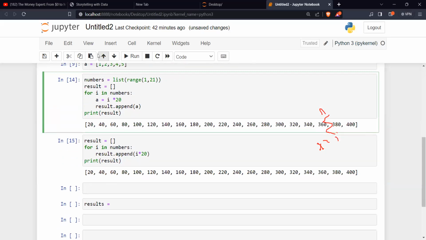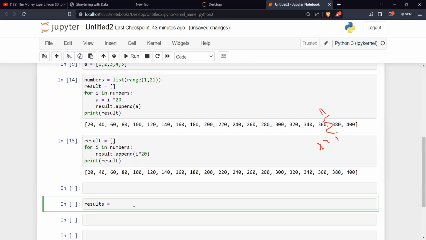So I write the list of the numbers, put it in an empty list, then I iterate through. So which means in this case, instead of doing that, I want to put it inside the list. So you see this result, I want to put it inside the list, right?